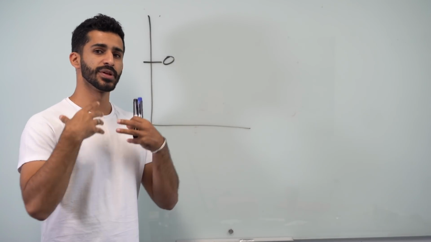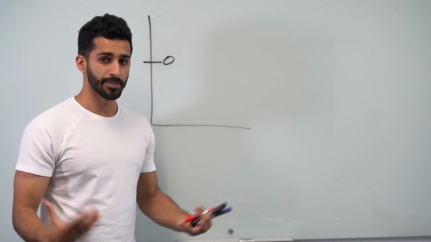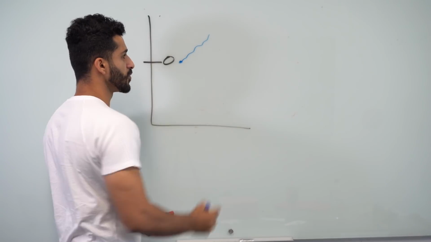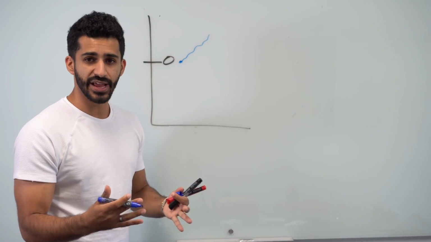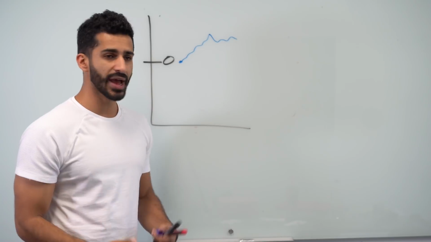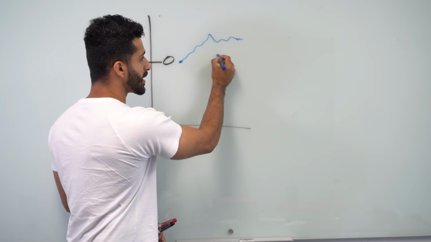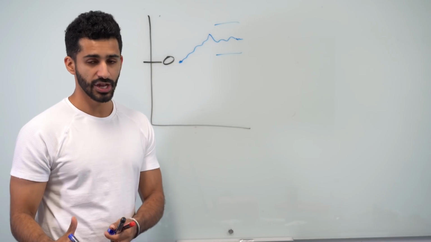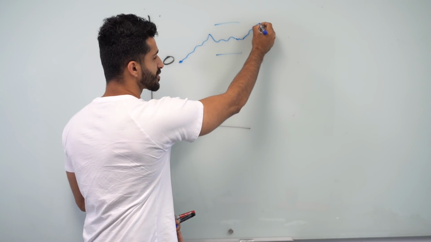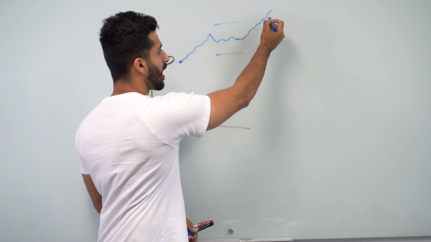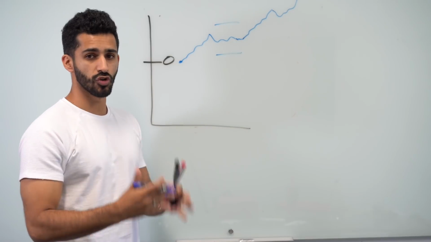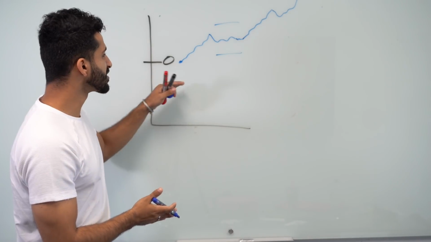But then when I actually started implementing risk management and started understanding the game a lot better, right, it started looking like this. I would have a few good days, and then when I would have bad days, I'd be able to control them, right? And when I would have a run of bad days, I'd be able to slow down and take a break where I wouldn't accelerate and dig myself a deeper hole. Then I would have weeks of consistency and growth, and then obviously some drawdowns, and then my chart would keep looking like this. Now, this is a slow growth chart compared to what I showed you, but this is consistency,